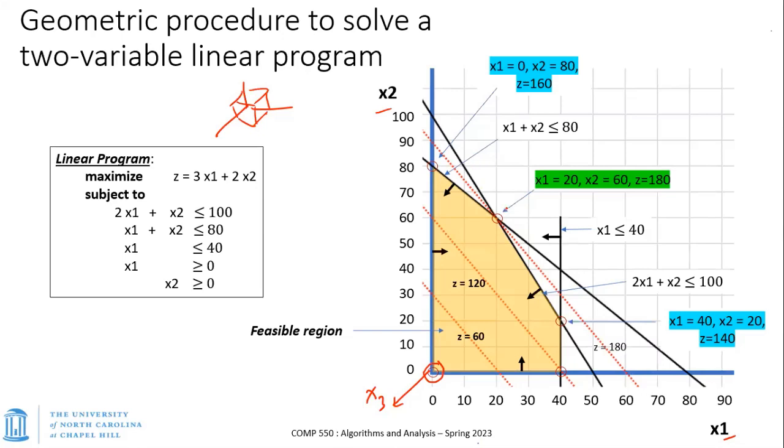So it could be at this and this vertex, but in any case, one of the vertices will always be the optimal solution. So one possible way of solving this problem is to search through all the possible vertices. But the number of vertices, and this is a three-dimensional structure,